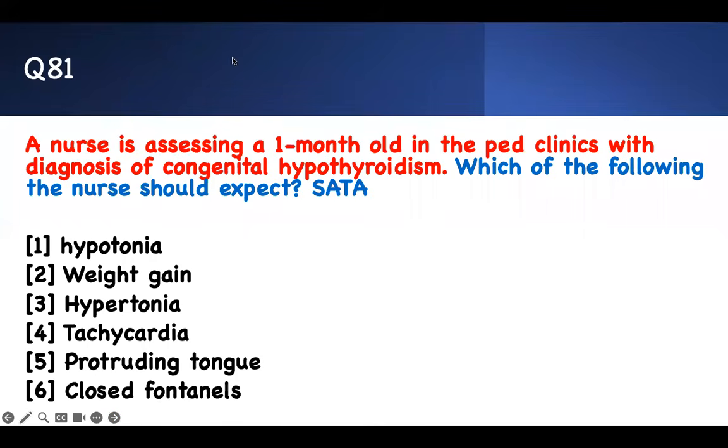81. Select all that apply. Which of the following should the nurse expect? A nurse is assessing a 1-month-old infant in the pediatric clinic with a diagnosis of congenital hypothyroidism. When they give you this, they give you the answer. Don't freak out. Those are your buzzwords. Congenital hypothyroidism. That means the baby was born with hypothyroidism,